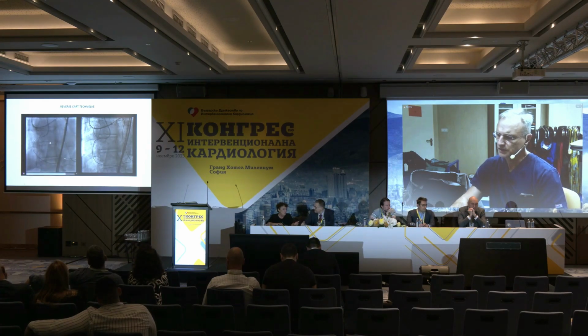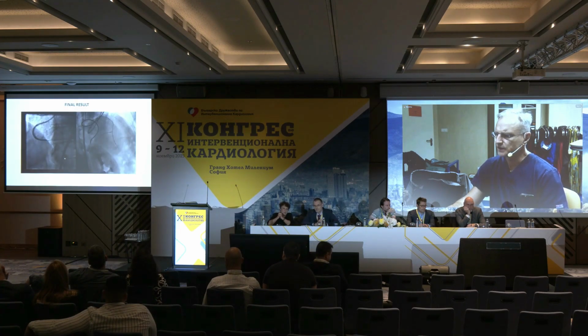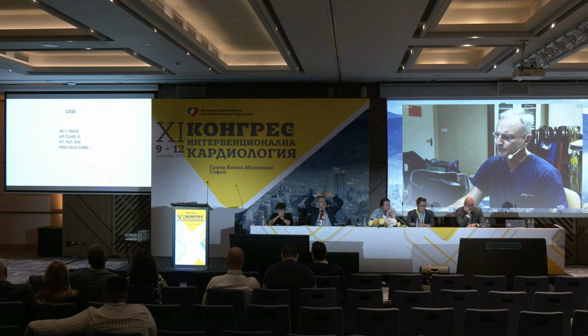You see the antegrade wire, the two wires are coming together. You dilate, as you can appreciate here, and then your retrograde wire shifts into the antegrade catheter. Hopefully we'll be able to demonstrate to you a procedure like that today if the antegrade doesn't work. Then you externalize the wire and you are achieving a result like that. So this is the subintimal retrograde